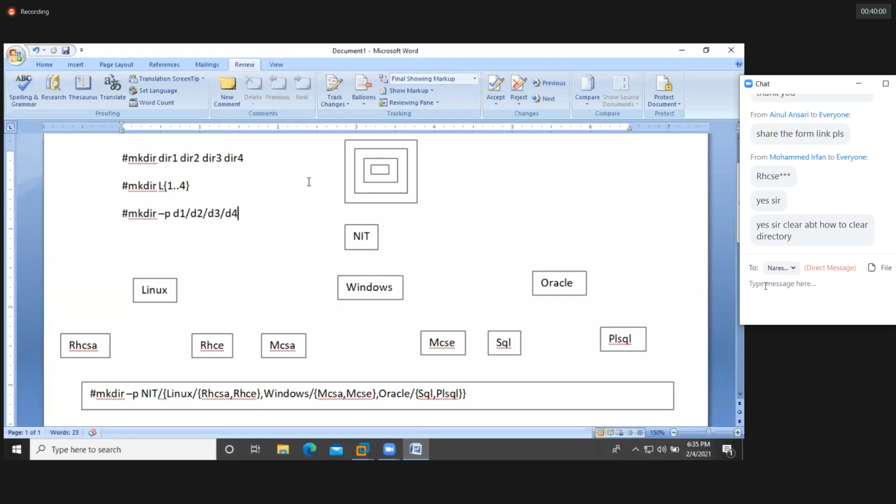How to clear directories? Clear means delete. You're asking about deletion. Okay, so good. So let's see here. Don't bother about the permissions and all, Sachin. I will teach you, don't worry. We'll have a concept called permissions at that time. At present it doesn't require. So first of all, try to learn how to create the directories, okay?